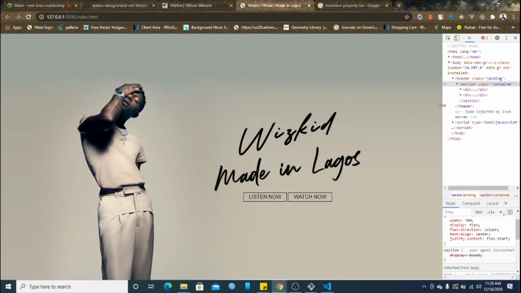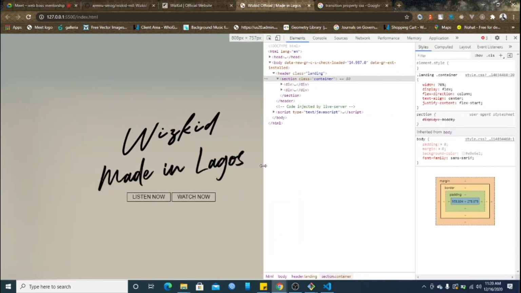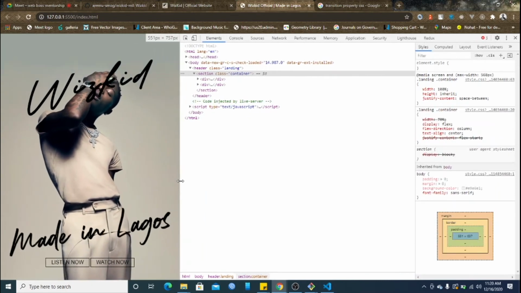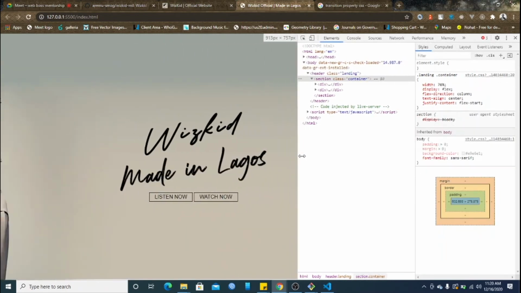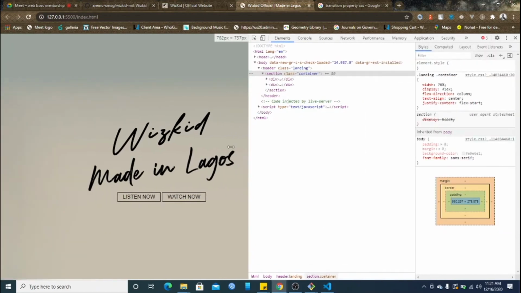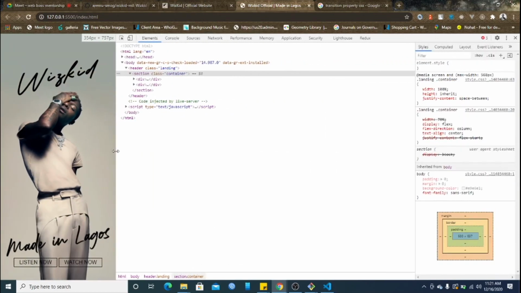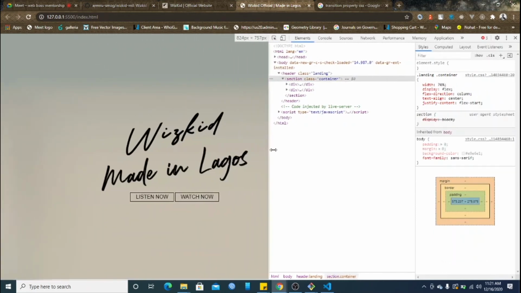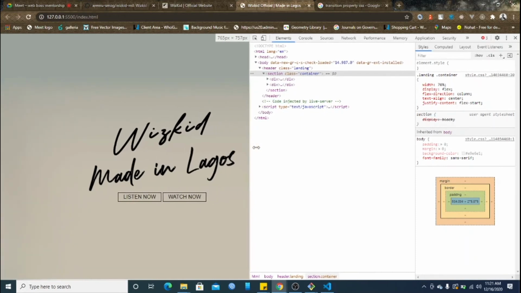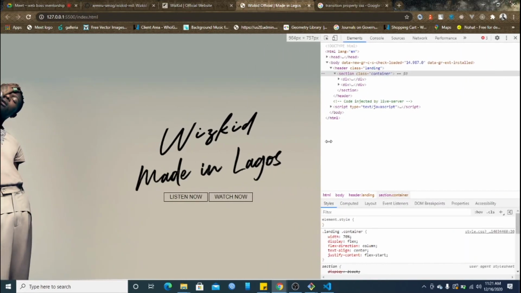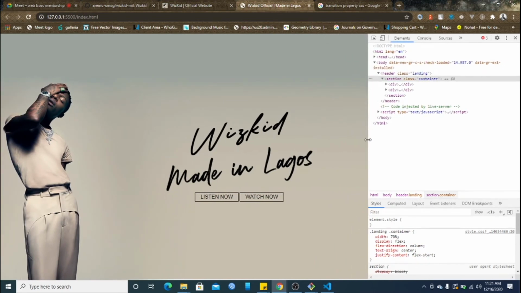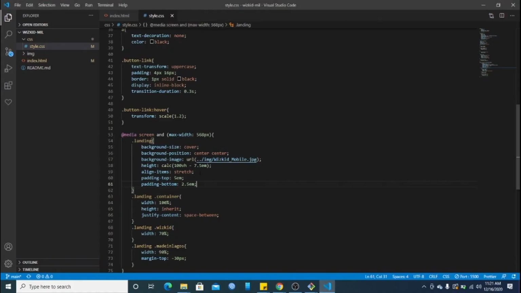So if we check this out now, so we are at 7. Yeah, so immediately we get to 500 pixels. So of course we can cater for this. This is like an edge case. So immediately we get here, it changes to this. So we can come over and say, let me see. Okay, cool. So I'll create a media query shortly and say